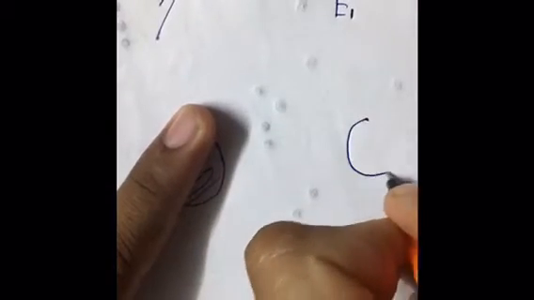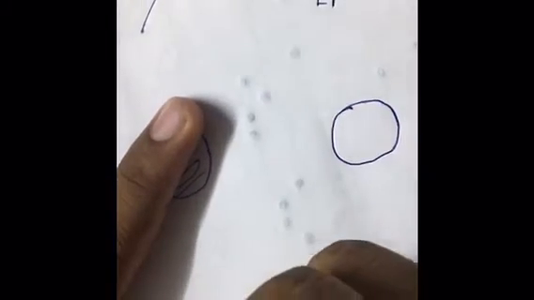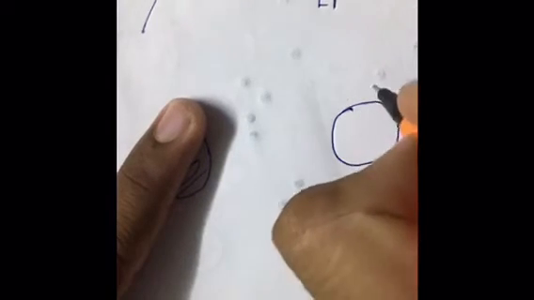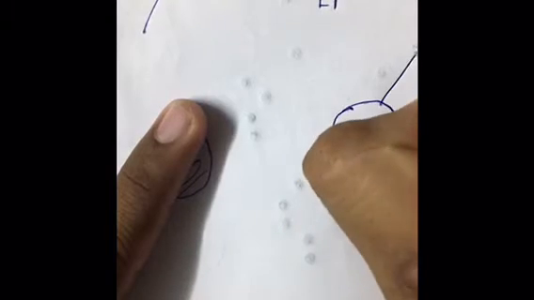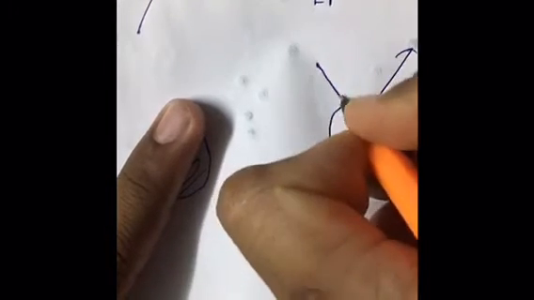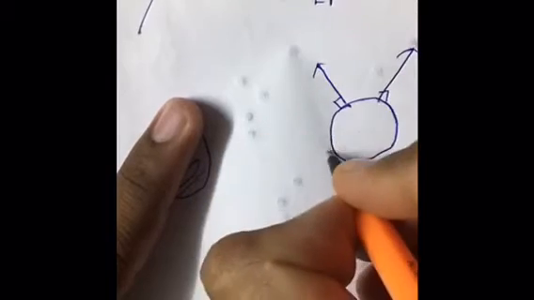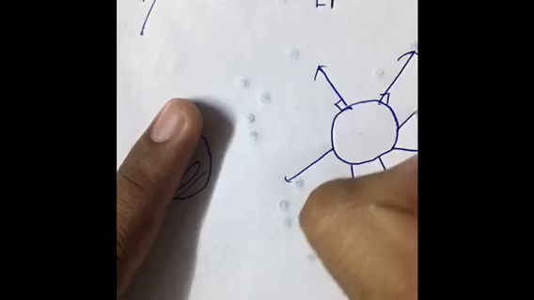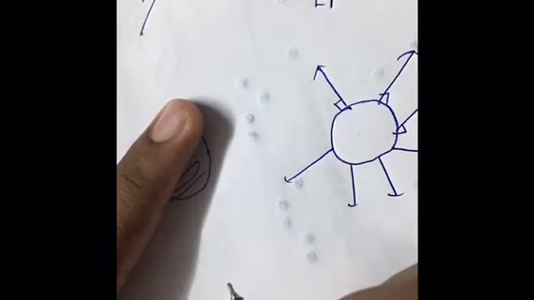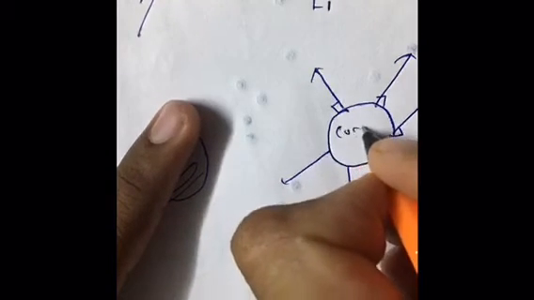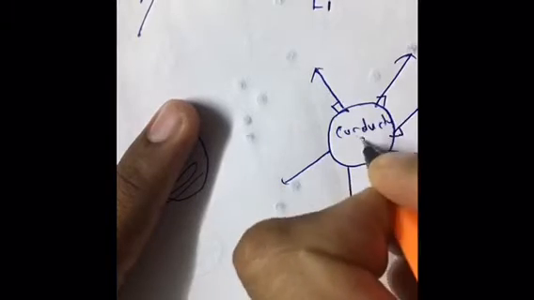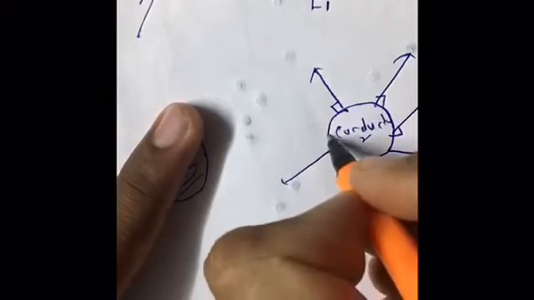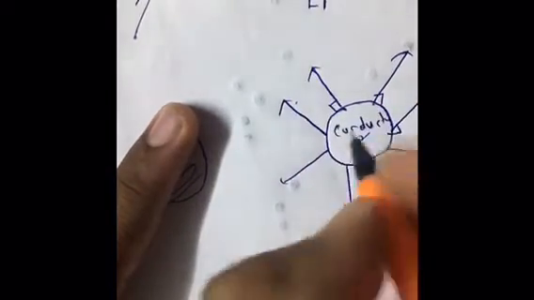Let us suppose we have a spherical conductor. From a spherical conductor, the electric field will always be perpendicular to the surface. This is a conductor, so the electric field will always be perpendicular to the surface of the conductor, and inside the conductor,